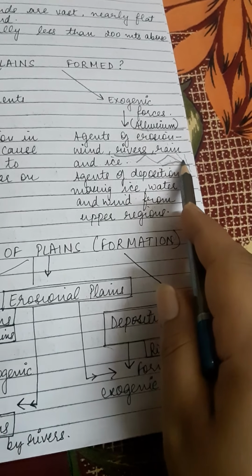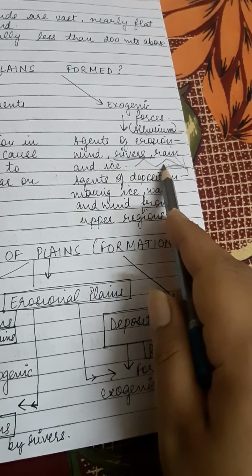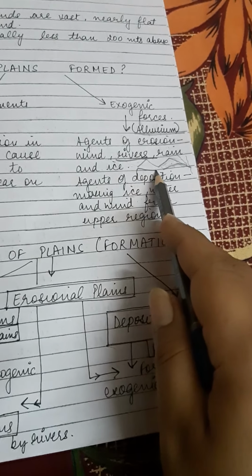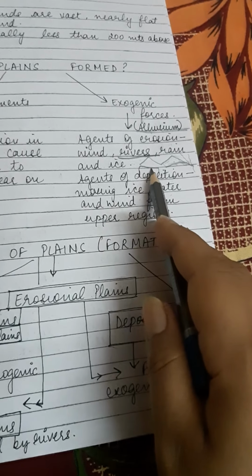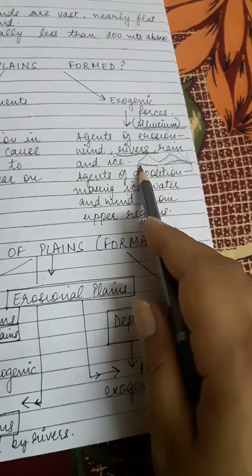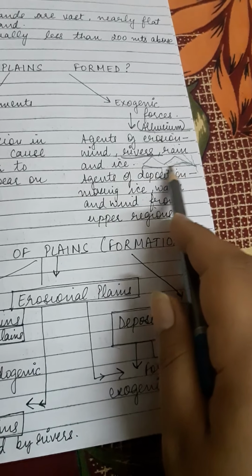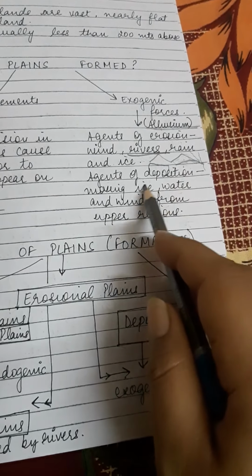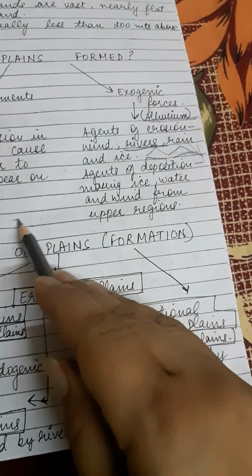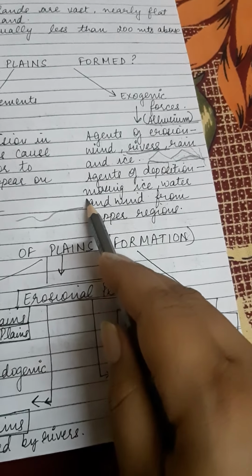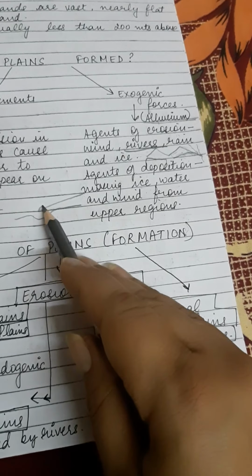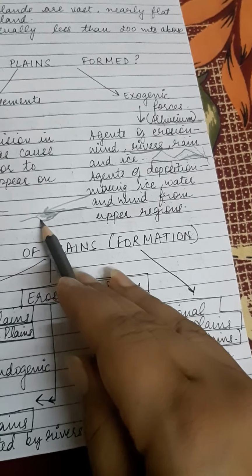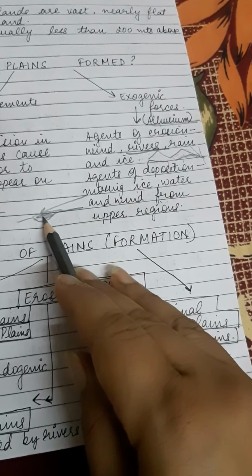The eroded material, firstly the mountains or plateaus which are eroded by the rivers, form erosional plains. And where does this alluvium and sediments go? These alluvium or sediments are transported to some other place in some depression areas. So these sediments deposit here in the depressions. So these depressions also fill up. So these are called depositional plains.